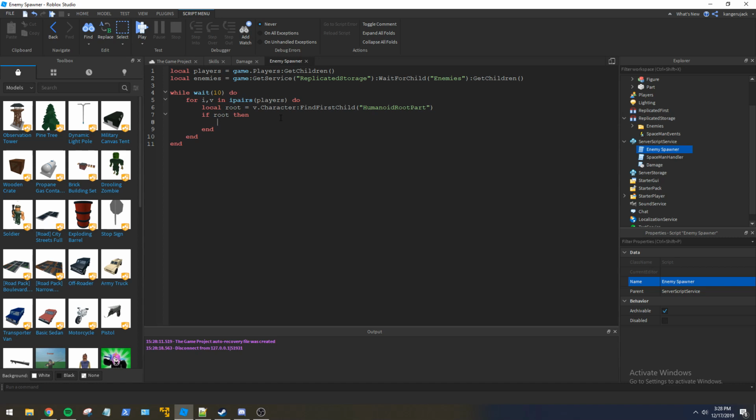So if root, then for I equals 1, map.random, for do. This is going to be like a rough enemy spawn kind of thing. This is by no means going to be how it permanently is. We will upgrade this over time, but we'll get something like a prototype built so we can just build off of this. So for I equals 1 do